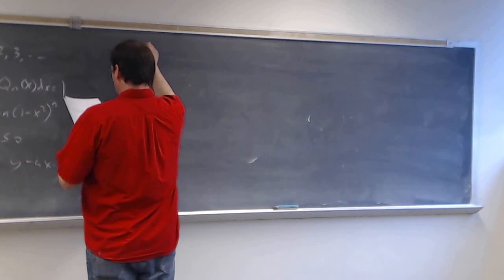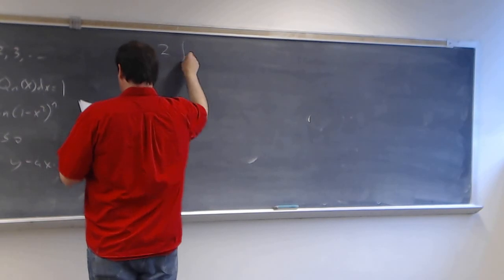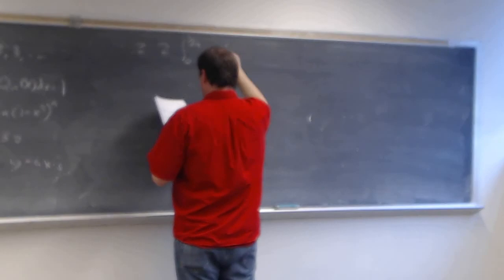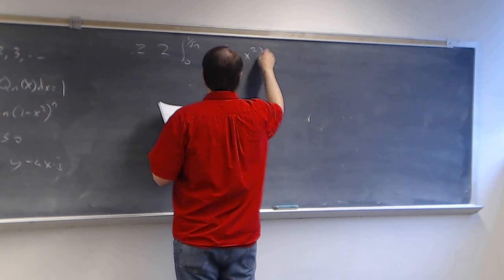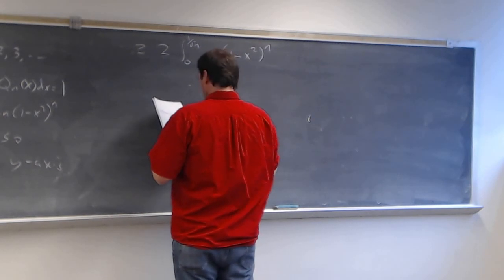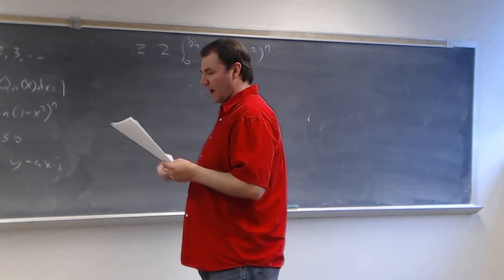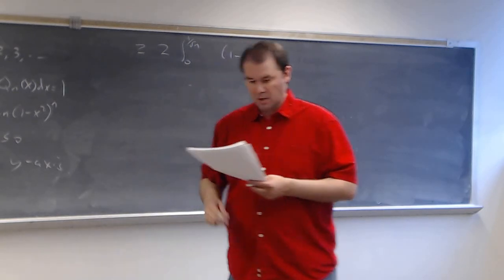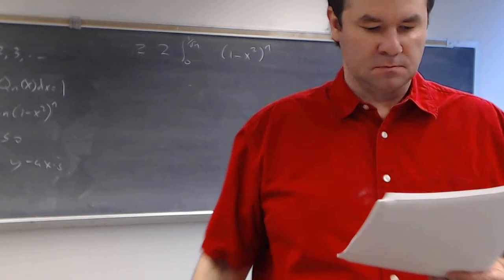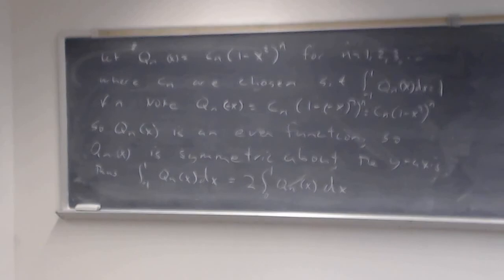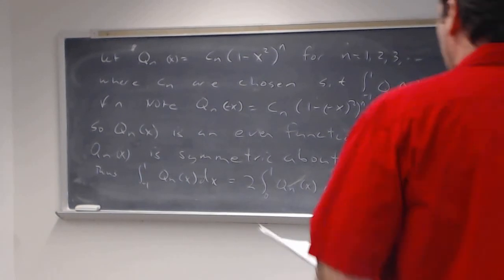And that's going to be bigger than or equal to 2 times the integral from 0 to 1 over the square root of n of (1 minus x squared) raised to the n. I've made a mistake. Let me back up. Yeah, it's a small mistake. It's easy to correct. What I said was true here about the